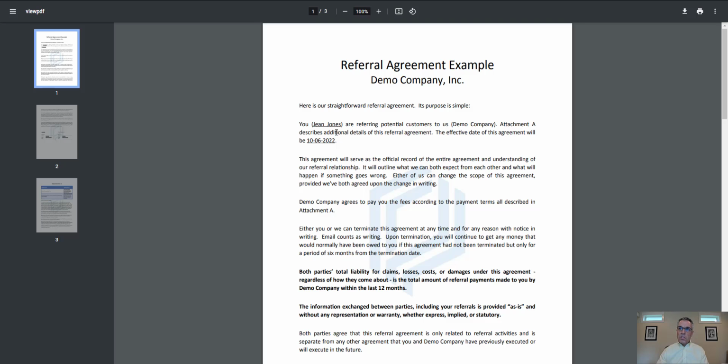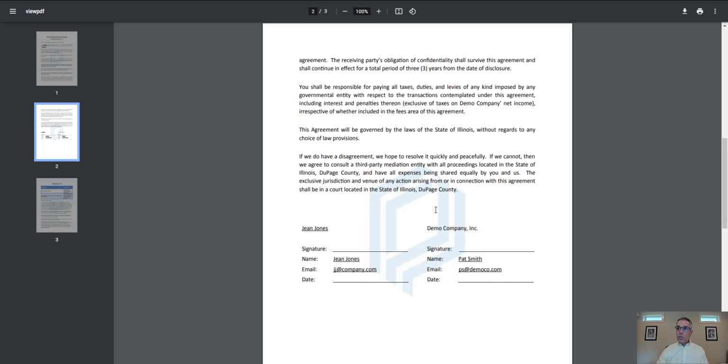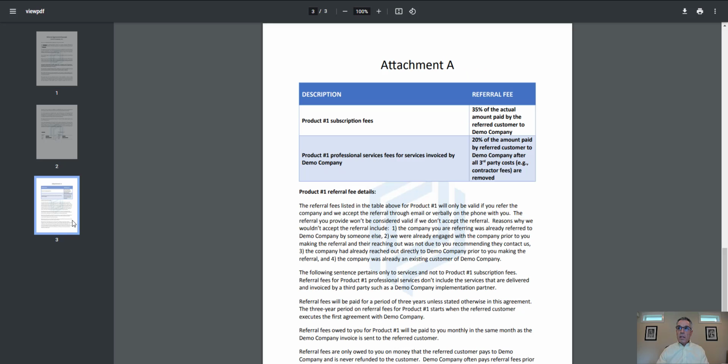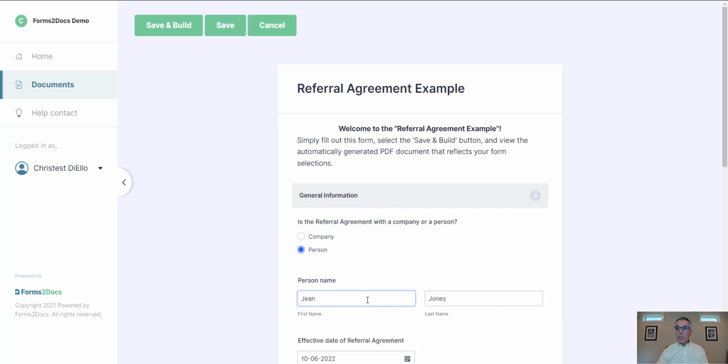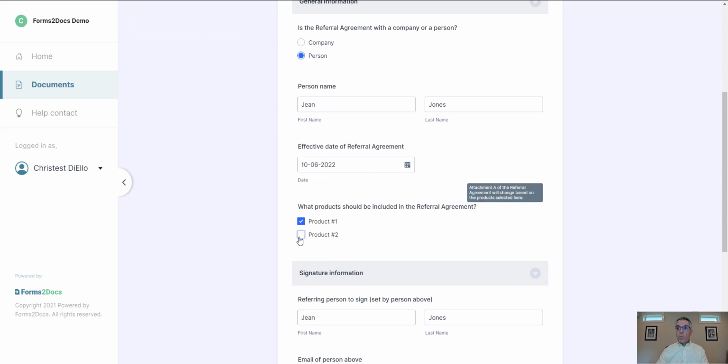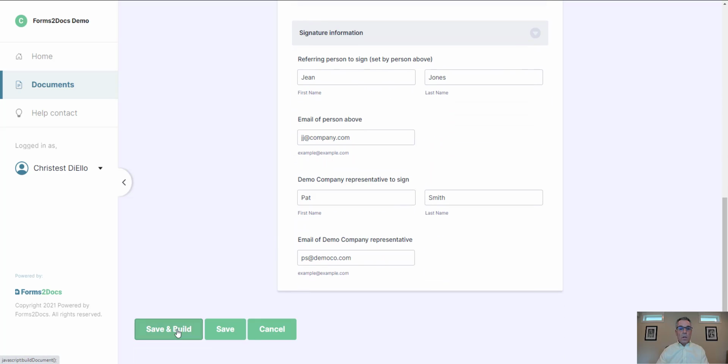You'll notice for the example, we actually have the person's name, today's date or the effective date. On page 2 is the signatory information. And then page 3 is that attachment A I referenced. Right now, there are only 2 line items, both reference product number 1 and a description referencing product number 1. We'll go ahead and edit this quickly and say that Gene is going to actually refer both product number 1 and product number 2. So we'll tick that second box, save and build,